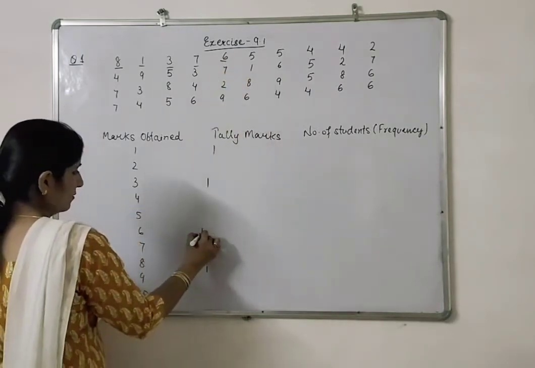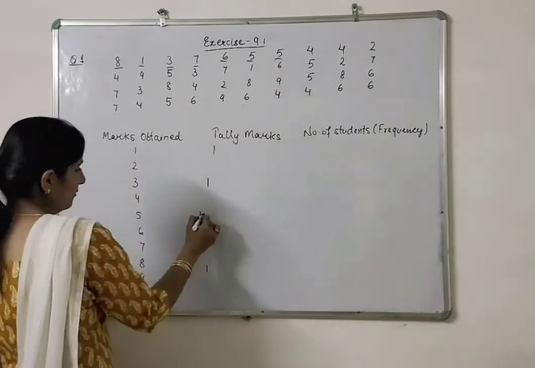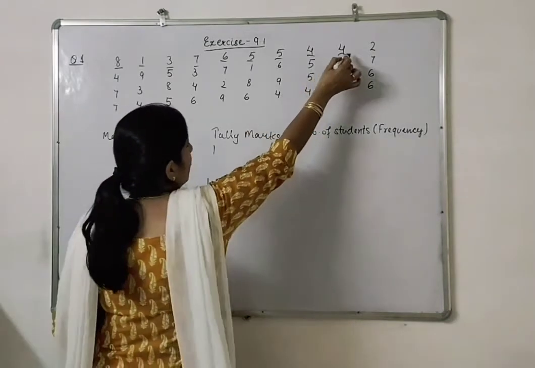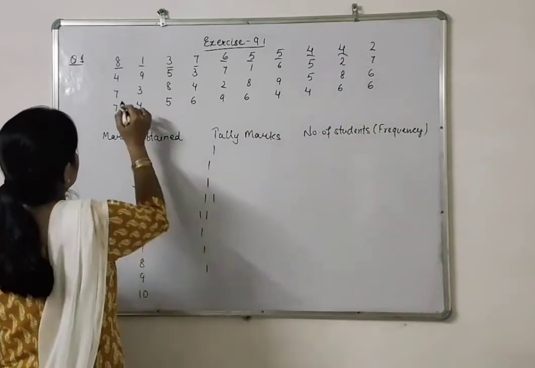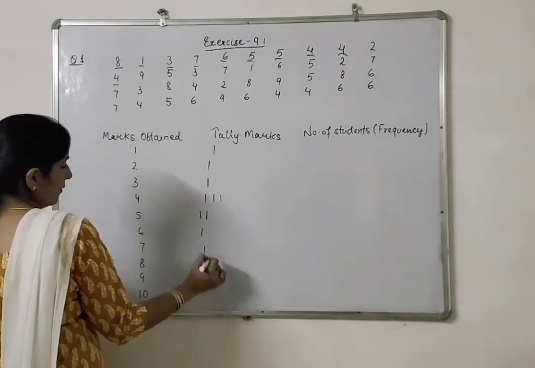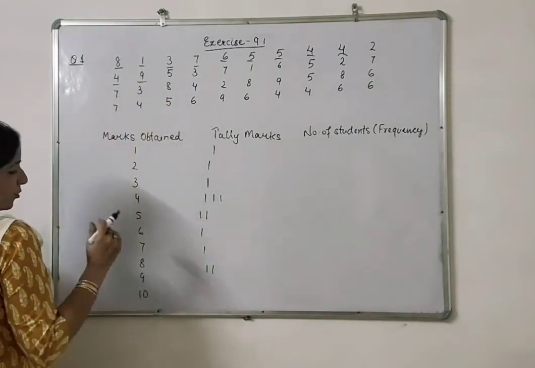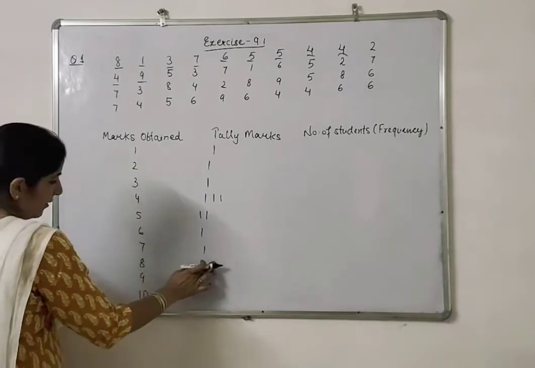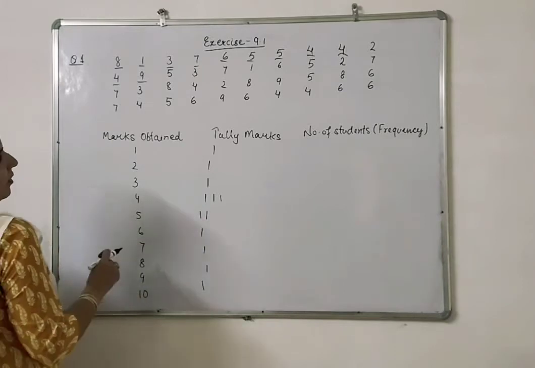6, 5 again, then 4, then 4 again, then 2, 4, 9. Yes, as I am putting the lines under it, it is compulsory so that we can remember till where we have written the marks. And it was 9 and I have marked it here, so 9 here.